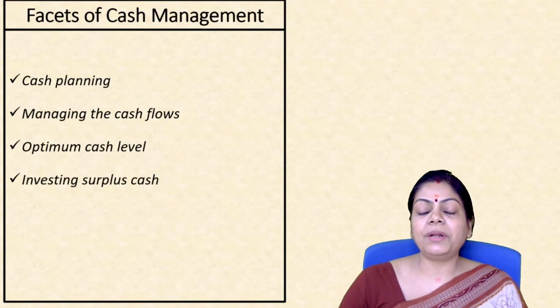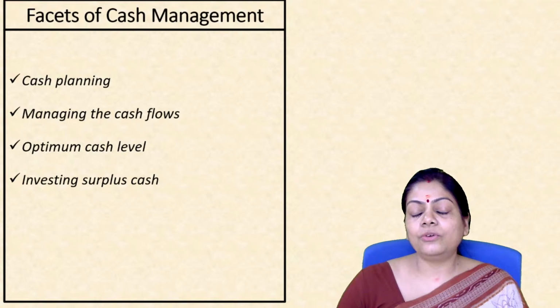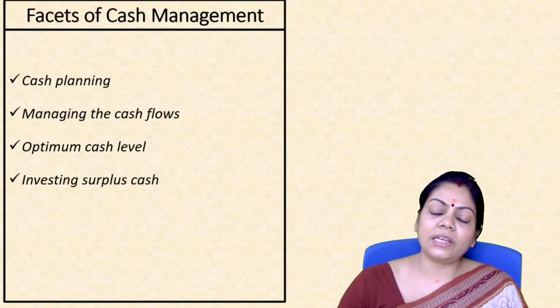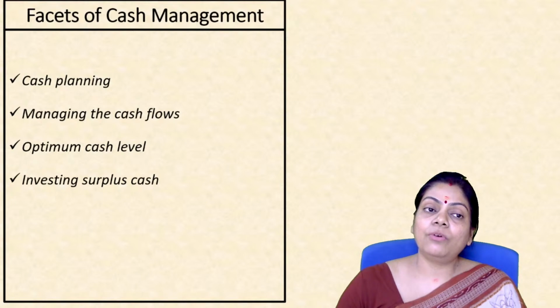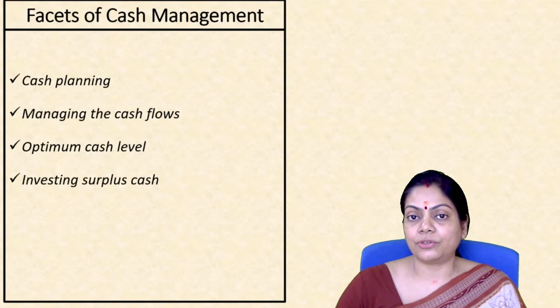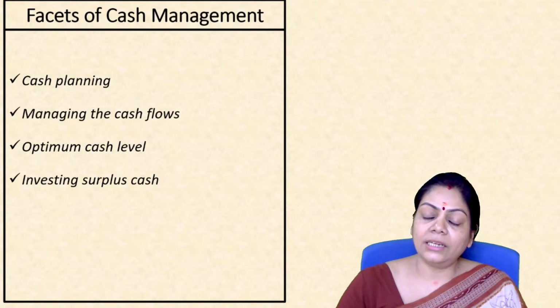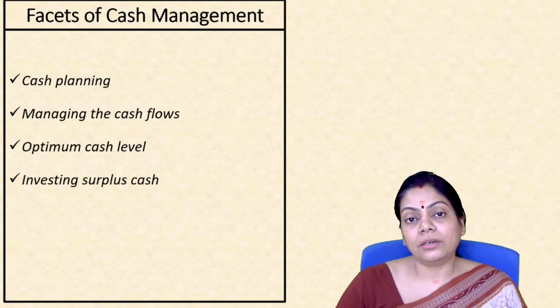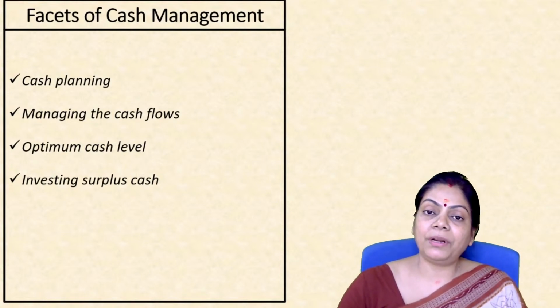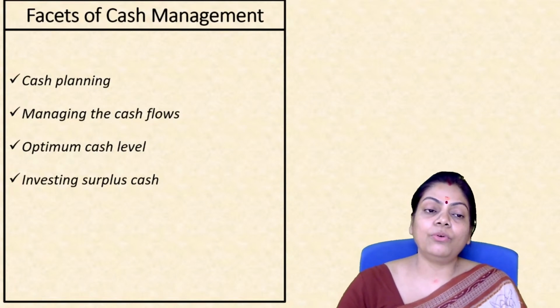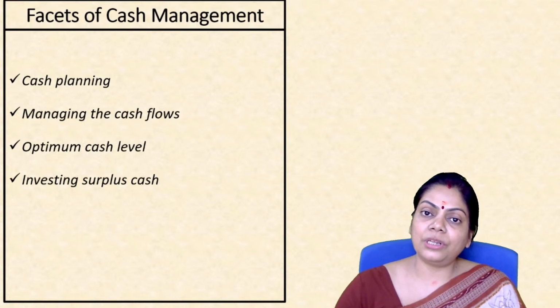Suppose your requirement is 5 lakh, and you know that you are going to receive 7 lakh rupees. So in that case, you will have a surplus of 2 lakh. So now you can take a decision on what to do regarding the plus 2 lakh or the minus 2 lakh. Which means if you have a requirement of 2 lakh, how are you going to arrange it? That decision you can make. Or if you have a surplus cash of 2 lakh, what are you going to do with it? Whether you are going to keep it idle or whether it can be used elsewhere, those things can be done only when you know that this is going to be my cash position in the next month, or 2 months from now, or 3 months from now.